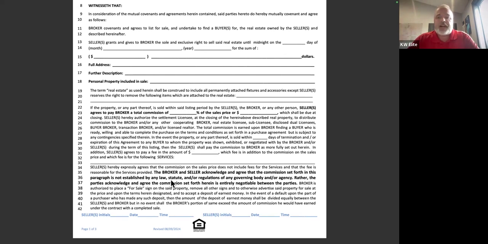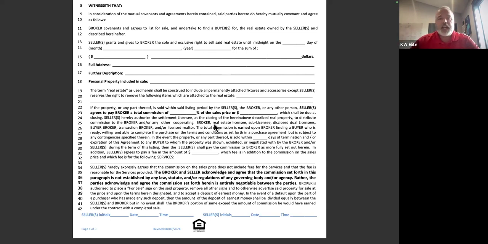Then the next paragraph is, and I'm going to talk about the highlighted part first. The broker and seller acknowledge and agree the commission set forth in this paragraph is not established by law, statute, and regulations of any governing body and or agency. Rather, the parties acknowledge and agree the commission is set forth and is entirely negotiable between the parties. So that's basically saying that even though we agreed to a total commission amount here, it is fully negotiable between